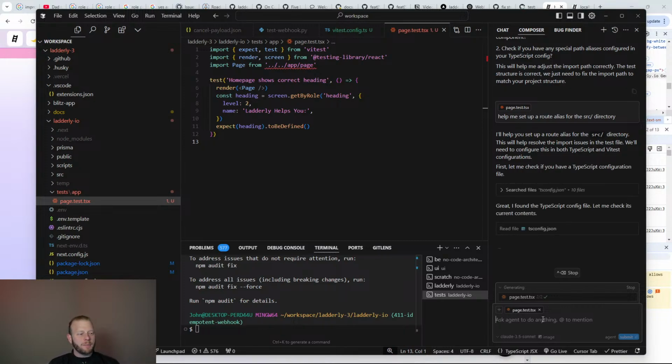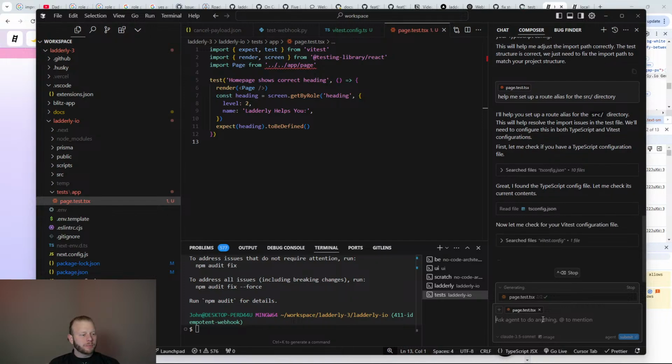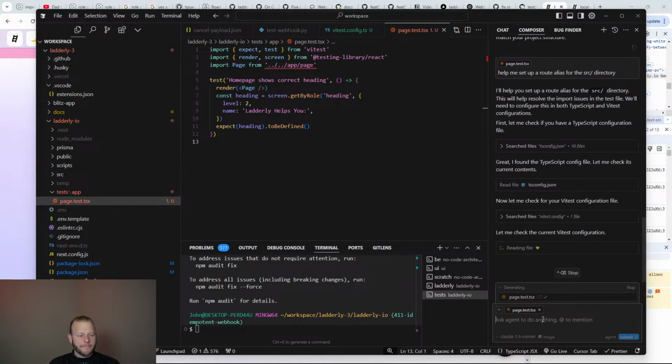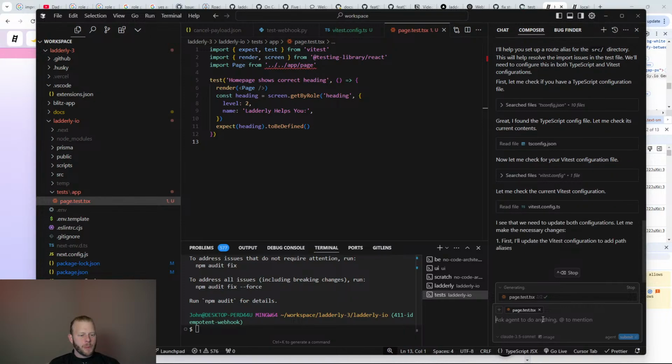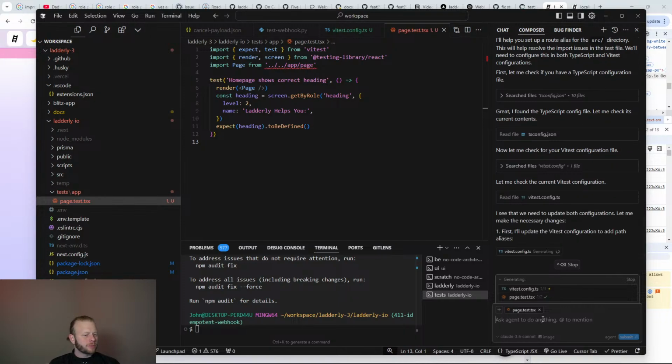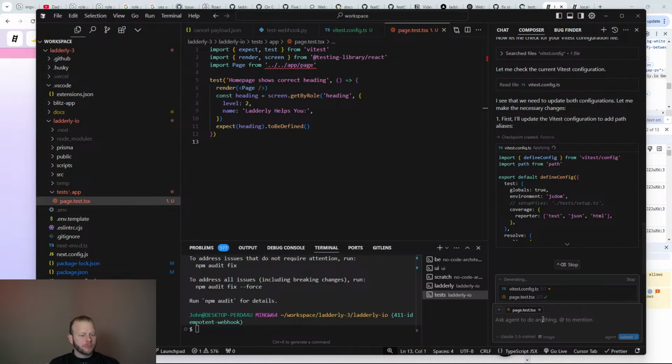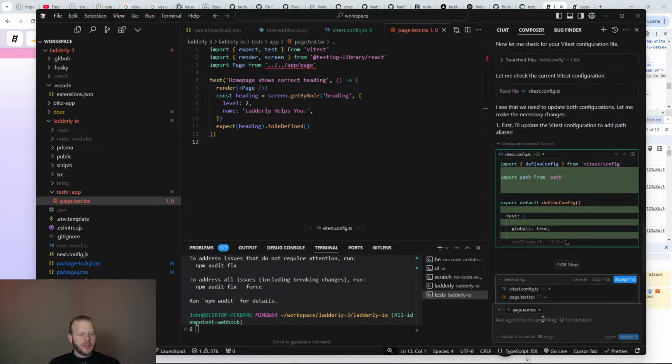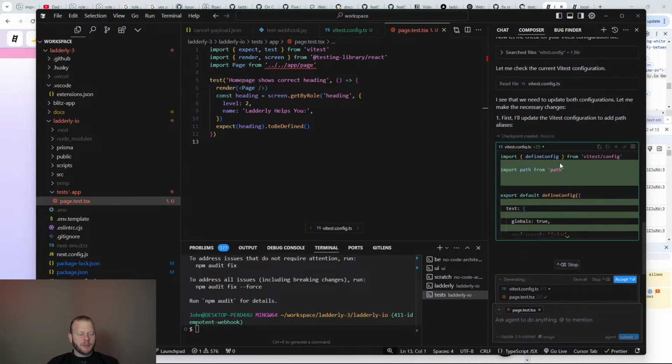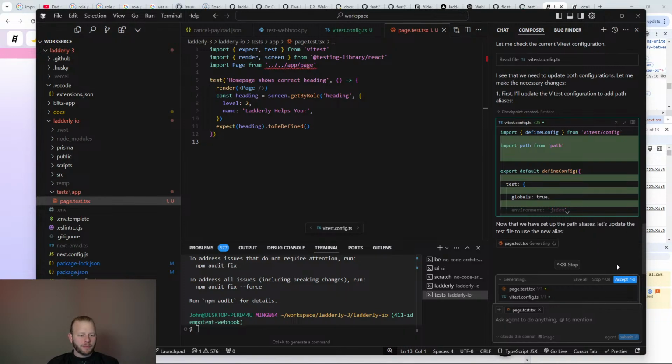This is sometimes called a path alias as well. Okay, so it's including this alias specifically in the vitest.config. I'm fine with that.